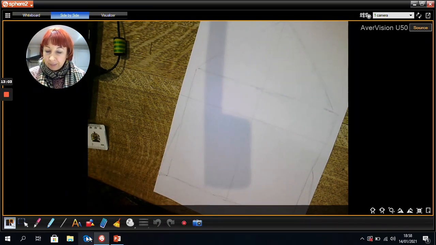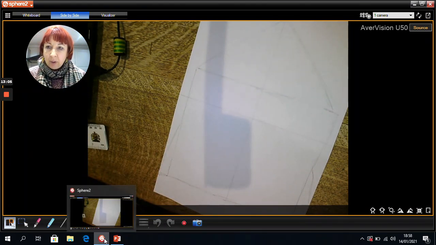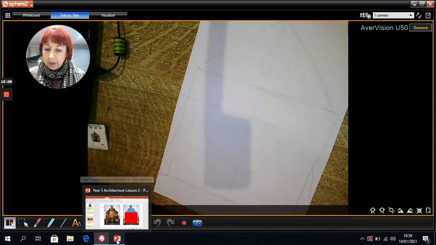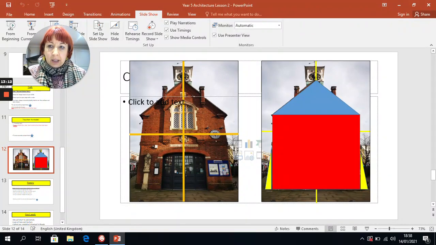Once I've done that, I'm not going to carry on modelling the use of basic shapes. I want to go back to the PowerPoint and just talk about what I'm going to do next. So I'm going to do the clock area as well as the two chimneys, or the side pieces. I'm not sure if there are chimneys, these rectangular pieces. Once I've done that, I can move on to do the main shape of the window, the door, the arch above the door,